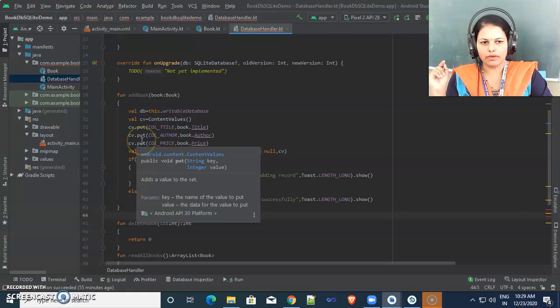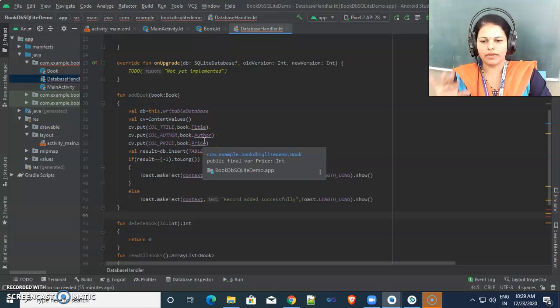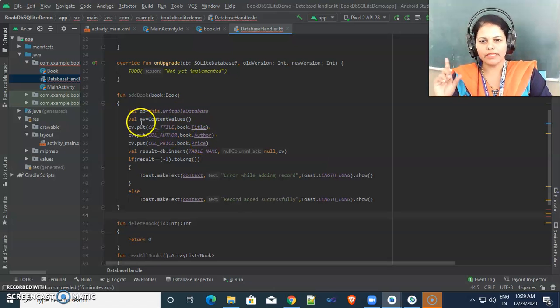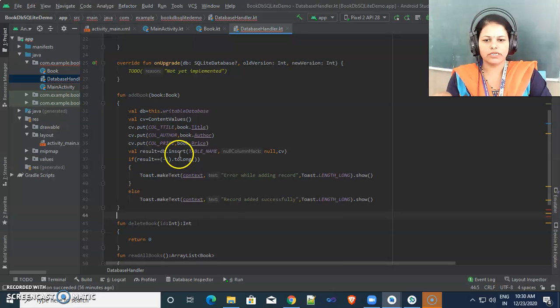We need to create one ContentValues object, and inside that content values object, with key value pairs, we are mentioning our column name and column value. In this way we are creating this CV object, and then we pass that content values object to this insert query. Inside this insert query we are mentioning in which table we want to add these CV values.